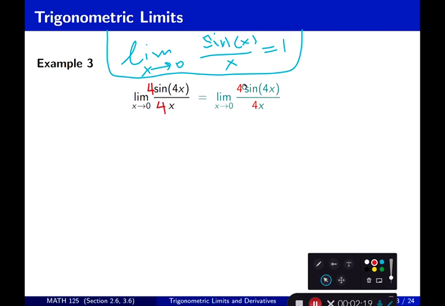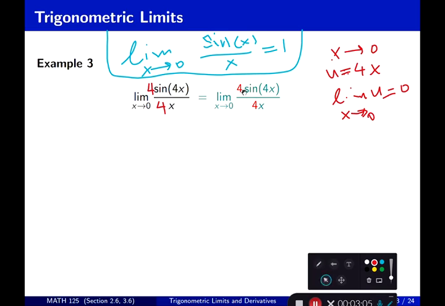Now, not bad. I see that if I ignore the 4, if I cover up the 4, I will end up with a very similar expression as that, except that I don't have 4x goes to 0, I have x goes to 0. But wait a minute. If x goes to 0, what does it mean for 4x? If x is going to 0, and u is equal to 4x, then the limit of u as x goes to 0 is equal to 0 as well. So u is going to 0 as well. And so now,